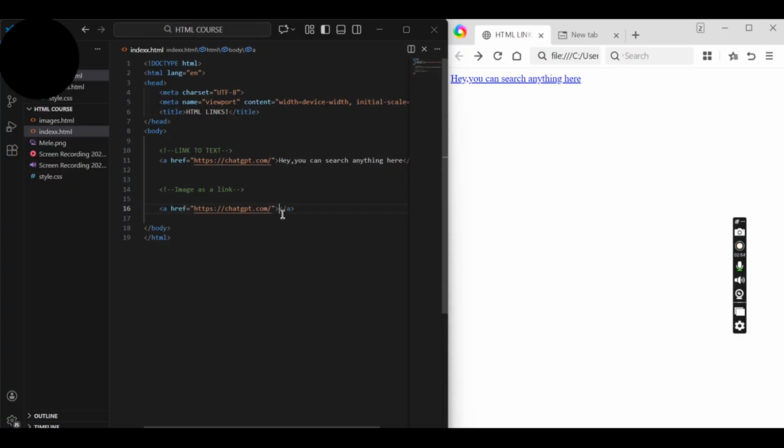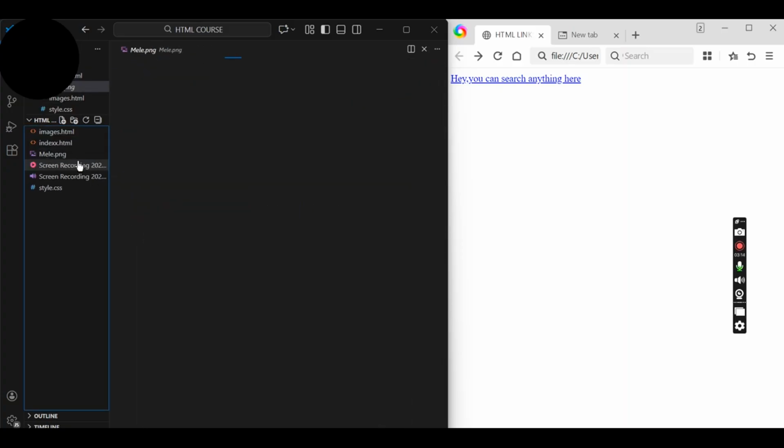Instead of this a keyword, I'm going to start a keyword of image, which is img src. So I have to give where the picture is, and since we have a picture here, which is Mele png,